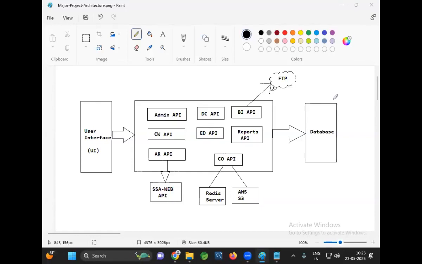Data collection module. This module is used to collect data from the citizen like personal details, family details, educational details, income details, and kids details, etc. Eligibility determination module. This module is used to check whether the citizen is eligible for a certain plan or not based on his data collected